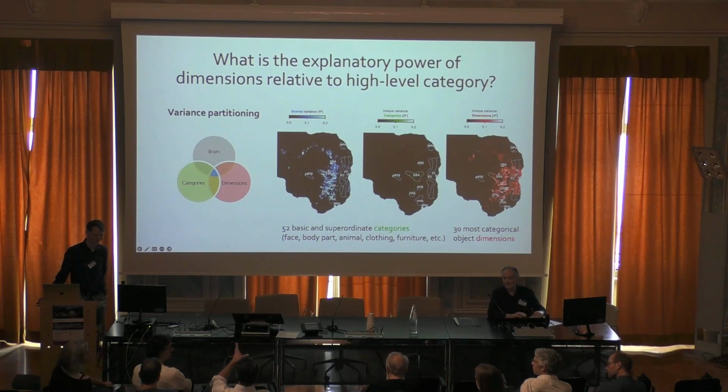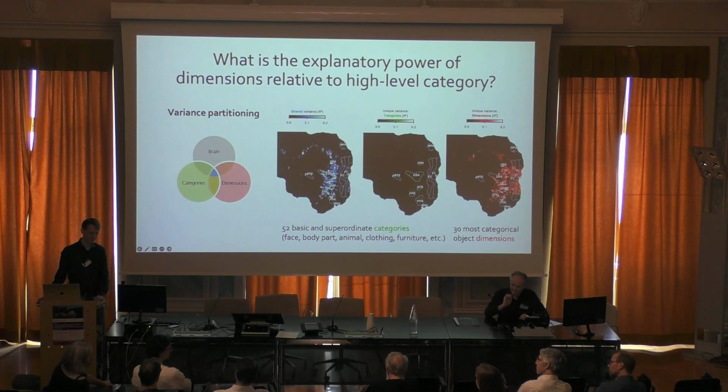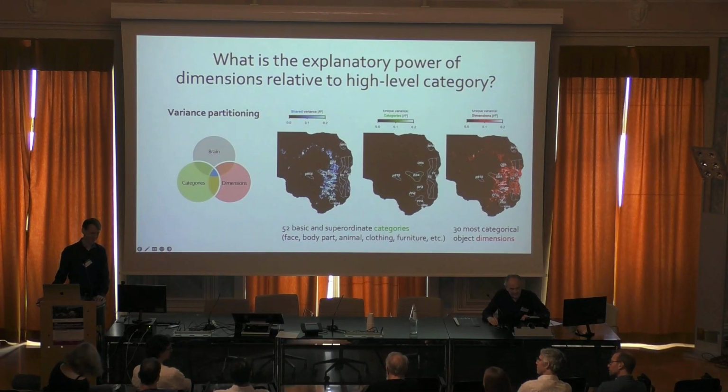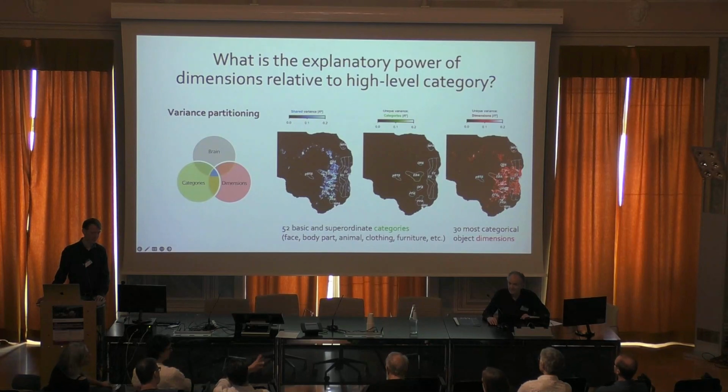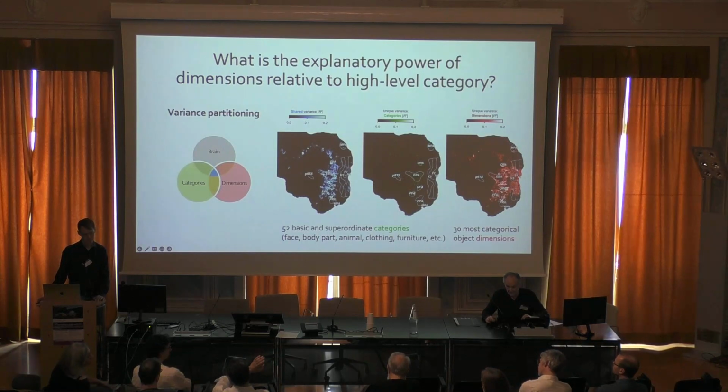This dimension is the face dimension. Well, is that the face dimension, or is it just the face category that's falling out of your data? So could you flip this around and say, even when you take this agnostic approach, it turns out that categories fall out of the data? And so the comparison between the green and the red isn't really the relevant comparison, because the categories are already represented in the red among some of those dimensions. So the comparison is within the dimensionality space, between the dimensions that are easily interpretable or labelable in terms of categories, versus the other dimensions that don't seem to have any particular